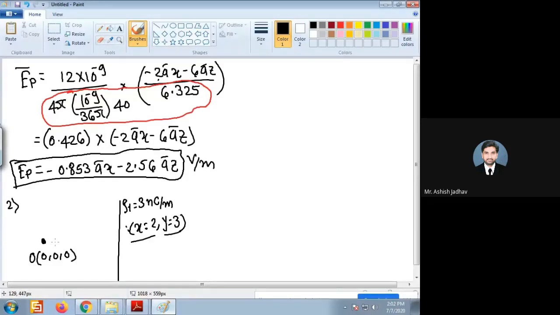Now, yesterday somebody asked me why the perpendicular is extended on a given line charge. So let me tell you, while finding the electric field intensity because of a line charge, we have to select a small segment of this line. Then only we can find the differential electric field. And to find this differential electric field, we should select a small segment where we know the coordinates.